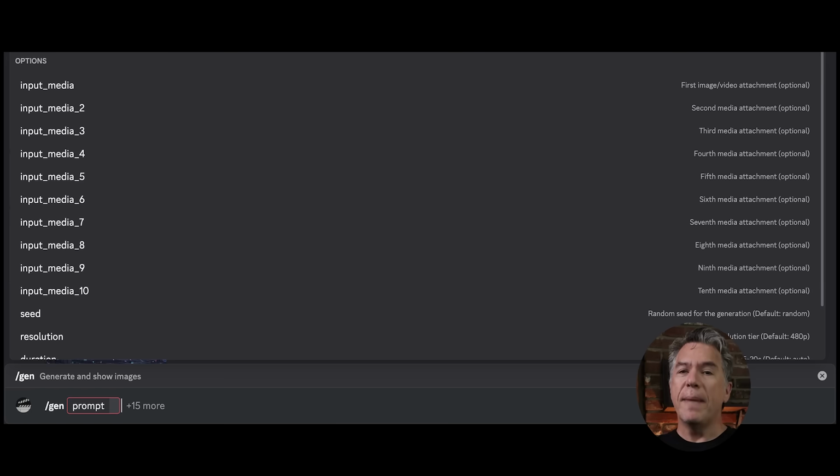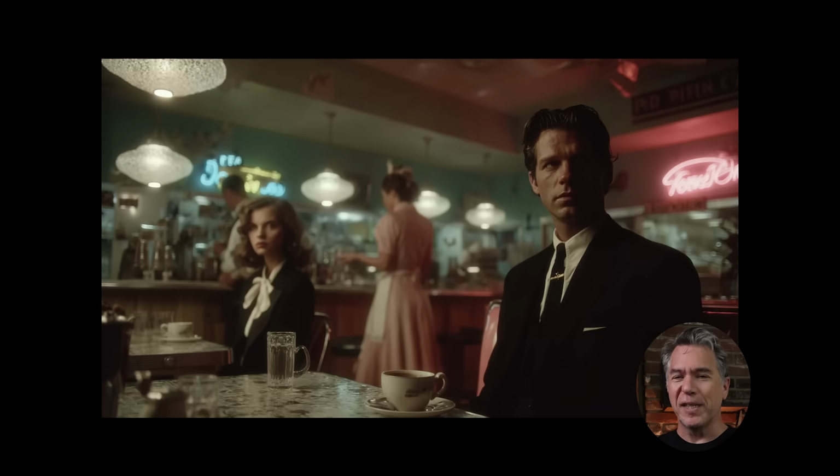Now, on the image to video side, I do have to admit I was having some difficulty there. Again, this was early access and it was through Discord haters, I'm now officially on your side. So the main issue is that I was having problems getting my image references to stick. I don't think that'll be the case for release. And that said, I did manage to get off our standard test of an FBI agent drinking coffee in a